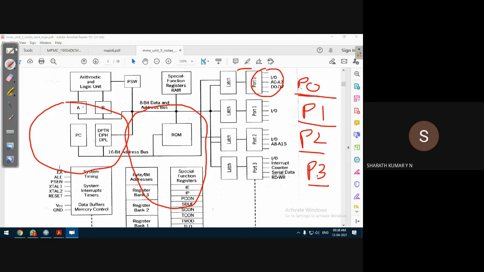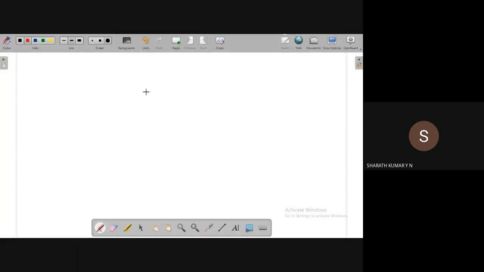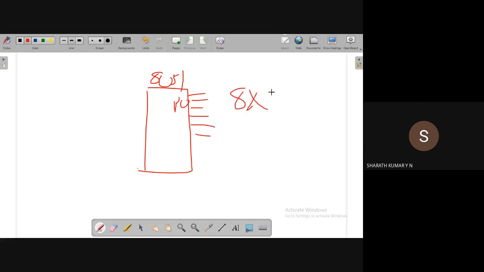The microcontroller IC, this 8051 microcontroller, has a port 0. Each port has 8 physical pins on the IC. There are 4 ports, so 8 fours are 32. That means out of a 40-pin IC, with pins 1 to 20 and 21 to 40, 32 pins correspond to port pins. The remaining 8 pins correspond to other functions. What are those functions? We'll discuss in the pin diagram.